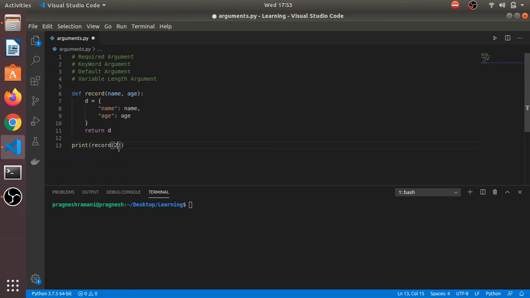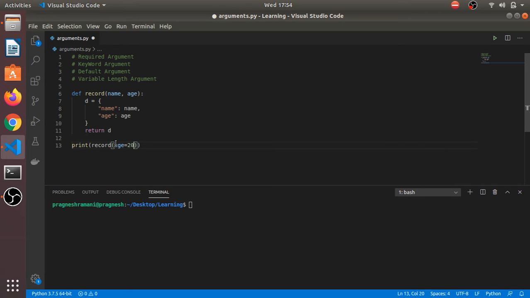Okay, so next one is keyword argument. A keyword argument is basically assigning a value to the argument or parameter which we have defined in the definition. So if I pass keyword arguments, I don't need to maintain any order. I can pass the parameters in any order. Like if I want to pass age, I can pass age is equal to 20.